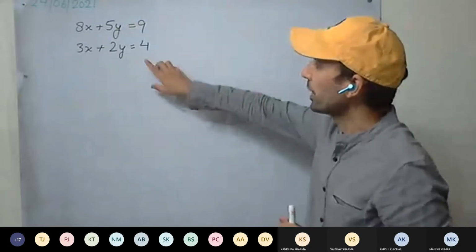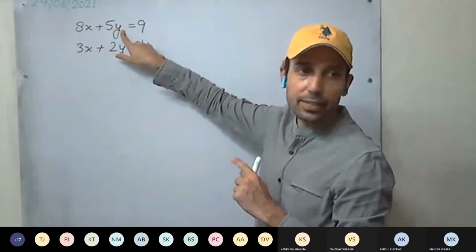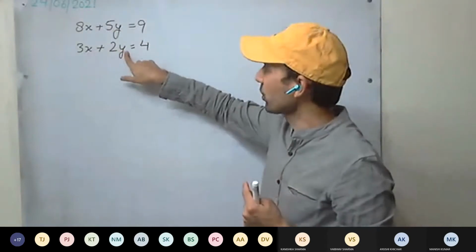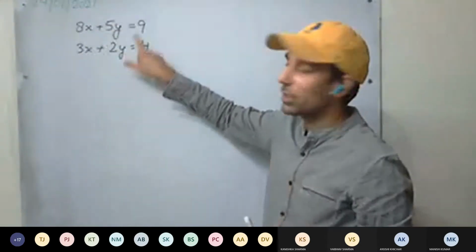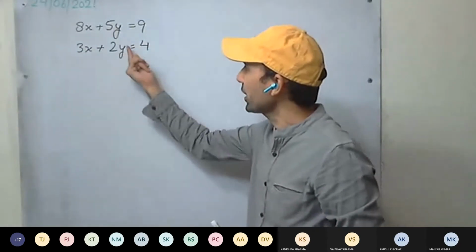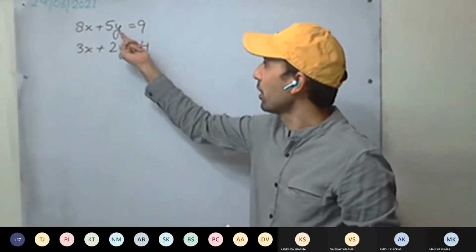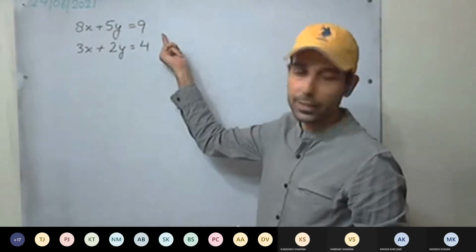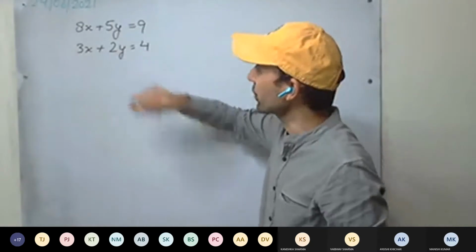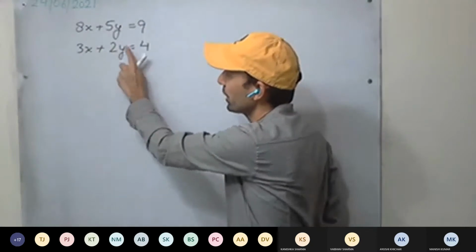Either we can calculate the value of x from the first equation in terms of y, or the value of y in terms of x, or we can calculate the value of x from the second equation in terms of y, or the value of y in terms of x. This will be our choice. See which equation is easier to take. If I take the first equation and calculate x, I get 8 as denominator; for y, 5. From the second equation, x gives 3 as denominator and y gives 2. So I'm going with the second equation, and we calculate the value of y in terms of x.